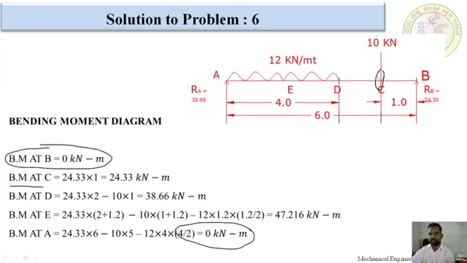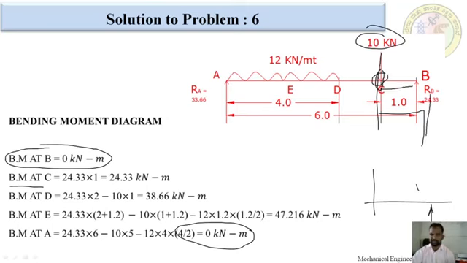How much? I am going to take the section over here only. This is the upward force into this distance. We are not taking this 10 kilonewton because at C point the distance would be 0, so 10 into 0 is equal to 0 only. In bending moment calculation, from the right side of the section, upward force is taken as positive and downward force is taken as negative. This is an upward force, so it is positive up to this distance. How much? 24.33 into 1. This distance is 1. 24.33 kilonewton meter.